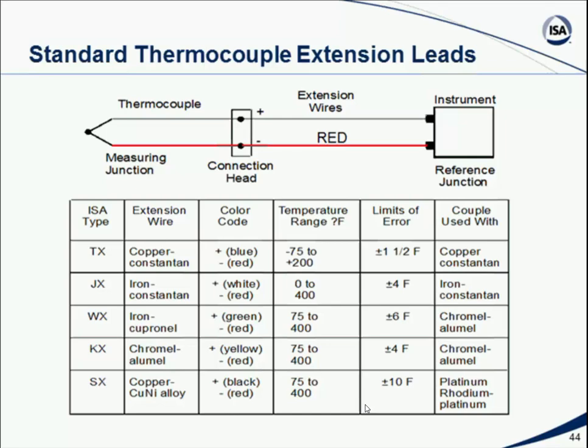If you have a T thermocouple, then you use TX extension wire. If you have a K thermocouple or a J thermocouple, you use KX or JX extension wire, because the extension wire is a pair of wires that are made of the exact same materials that the thermocouple is made out of. And in fact, thermocouple extension wire usually comes with connections where you can make a disconnect point, using plugs and